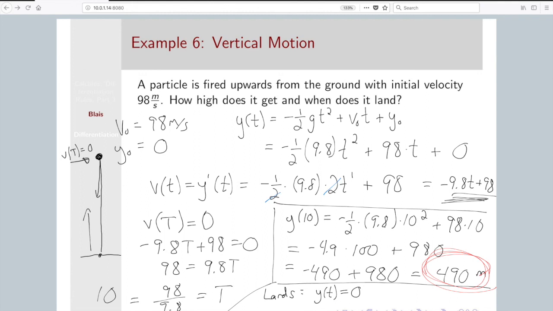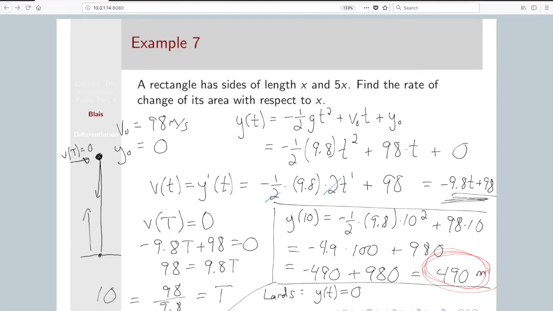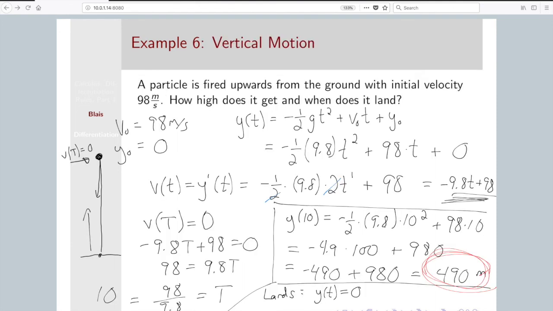So we take our function here and find its roots. So in order to do that, y of t was this expression here. So we can write this as minus 4.9t squared